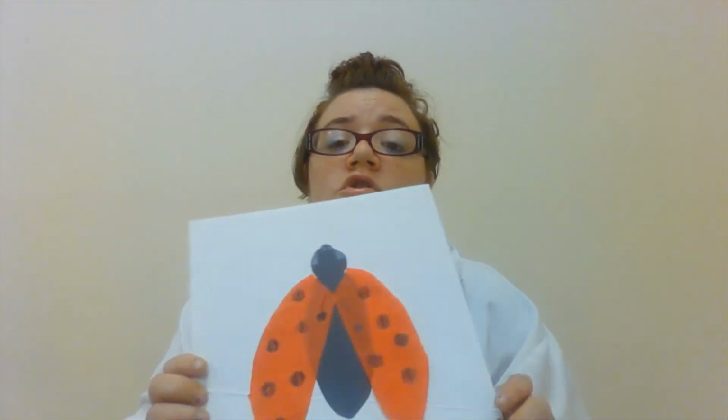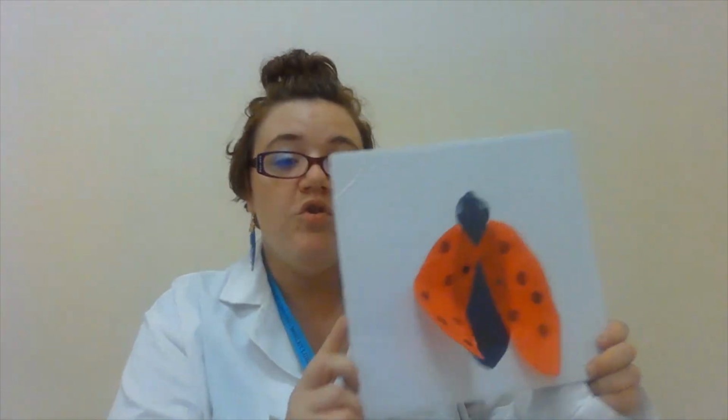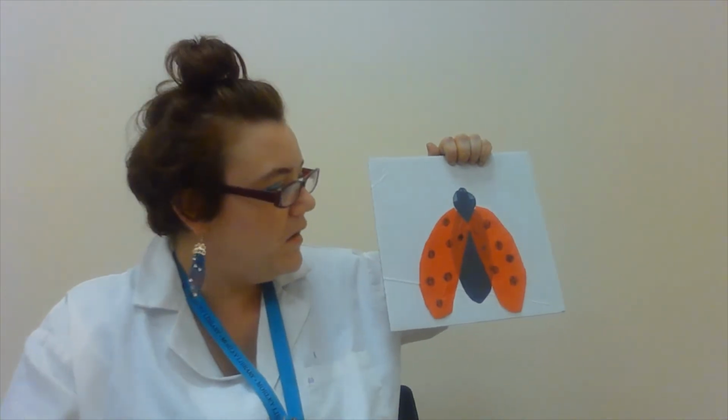So we are going to talk a little bit about static energy or static electricity. So I made my ladybug with construction paper, and then this here is tissue paper. So you guys can make one of these. You could make a butterfly, anything with wings. You make the wings out of tissue paper and then just attach them to construction paper or cardstock like a body. So what we're going to do is I am going to see if I can get my wings to flap